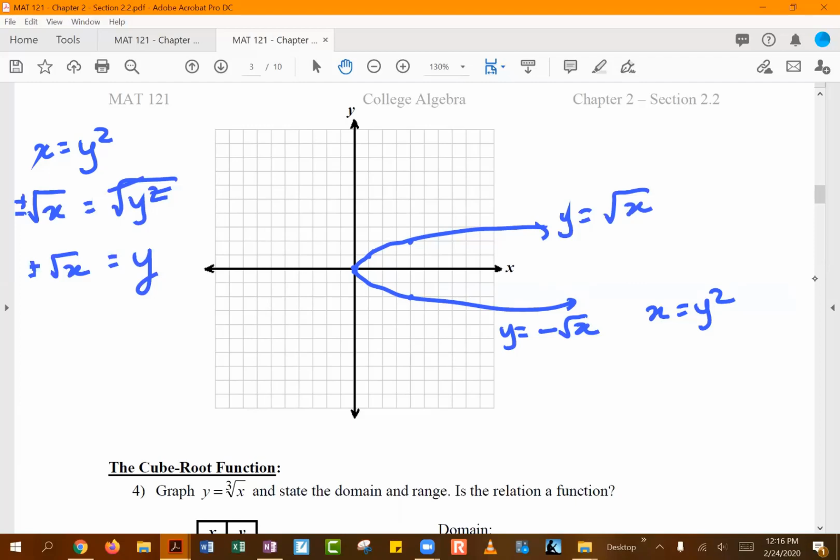So if you look at these individually, they are functions, right? If I ignore that bottom half, then it is a function. If I ignore the top half, then that is a function. But if I leave it together like we did with example 3, it's not a function. So if you remember when we had talked about, oh